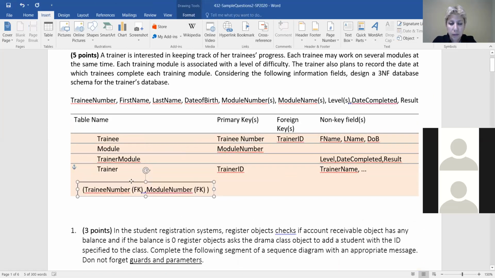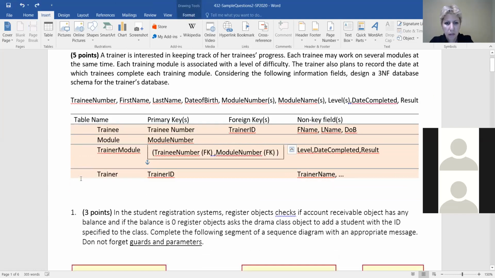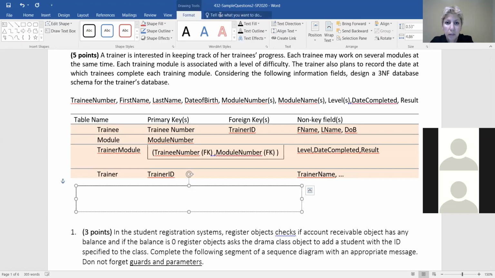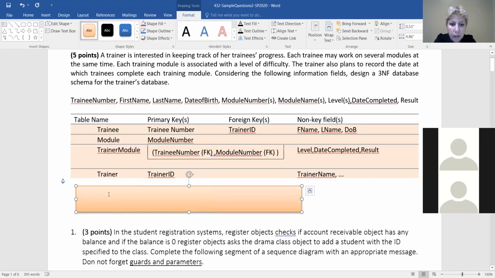Let's put that note here. I'm sorry. So let's put that here and make it explicit, the discussion that we just had. And I'm gonna do a little bit of formatting here for the future. So a trainee number and module number together can be a composite key